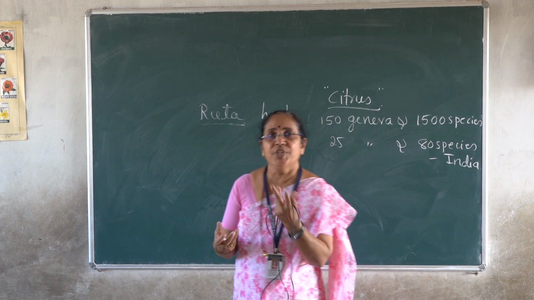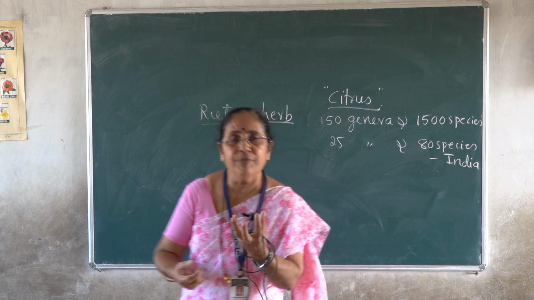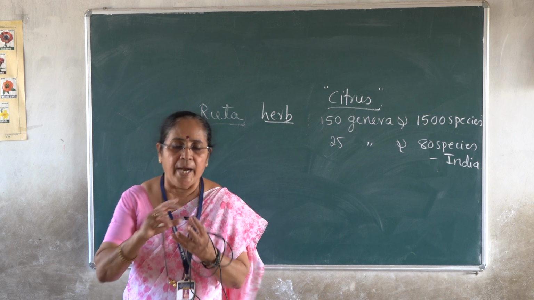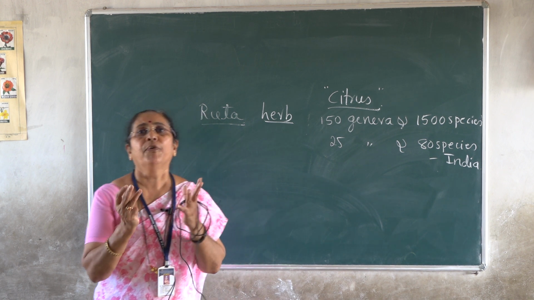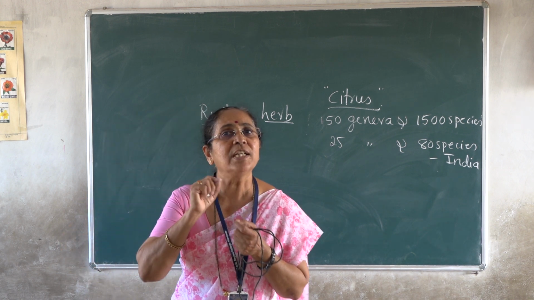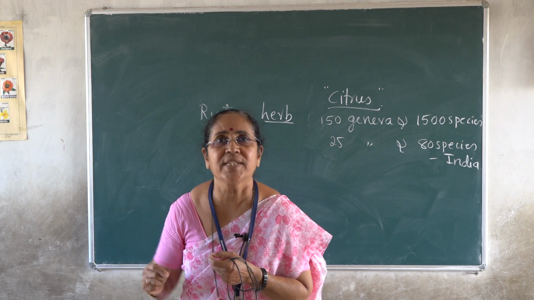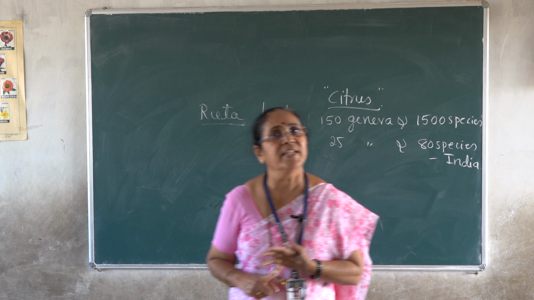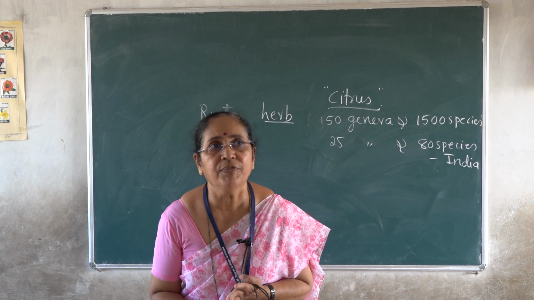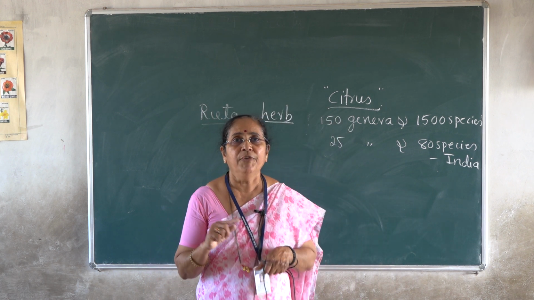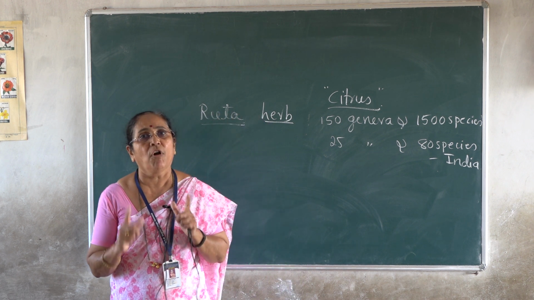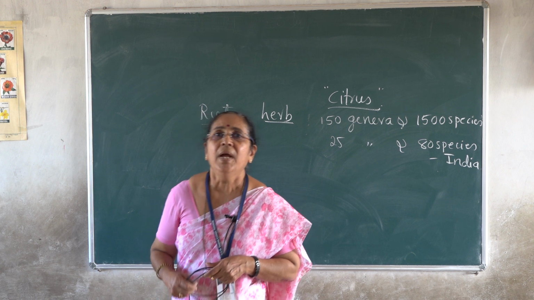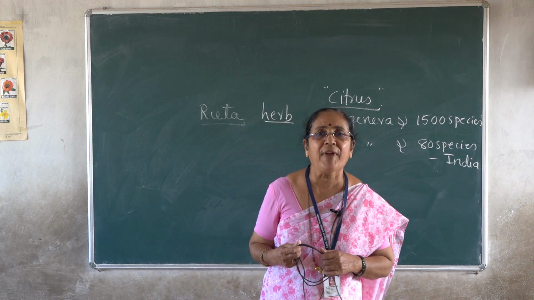If you check the lemon fruit or the orange fruit or Mosambi, hold it in your hand and observe the rind of the fruit, you will find transparent or translucent gland dot-like structures over the surface of the fruit. Even on the surface of the leaf you find the same nature. Even on the surface of the Murraya koenigii leaf we find a translucent gland dotted nature, and this is because of the presence of oil glands in them, and the oil glands are very fragrant in nature.